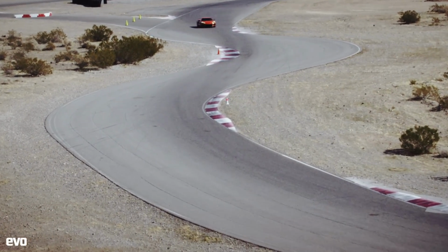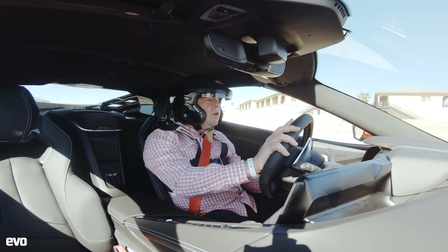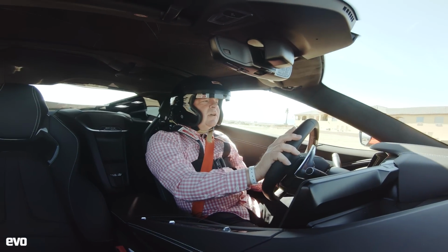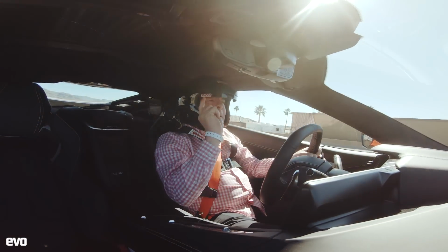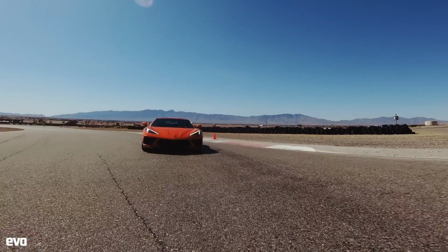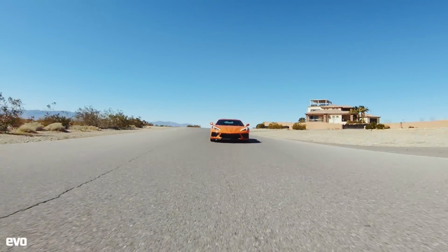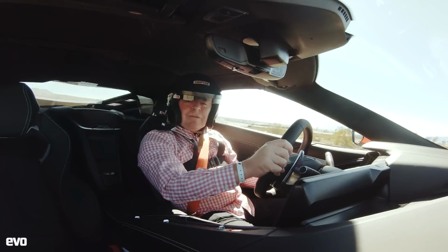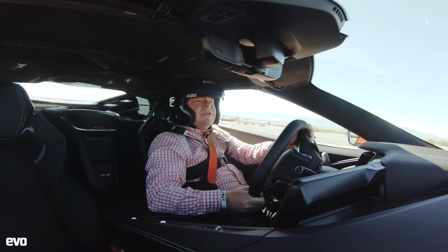The base price, if you literally translated it directly into sterling from dollars, is £46,000. This thing is going to cost a lot more than £46,000 when it comes to the UK. It's probably going to be near 70, 75, something like that. But it will also be right-hand drive, which is a first ever for a Corvette. And the engineers, the people who have created this monster, they're saying that there is absolutely zero compromise in the right-hand drive layout. So not a different driving position. Dynamics will be exactly the same, but you'll just be able to sit on the normal side of the car